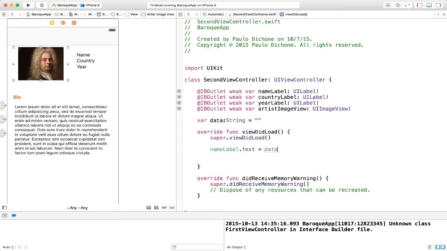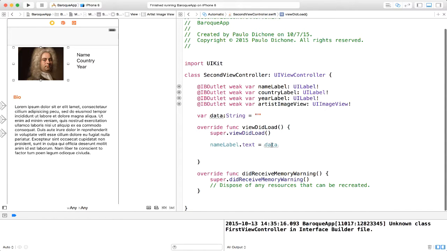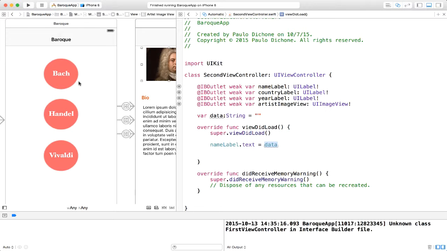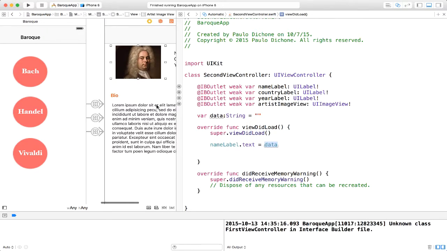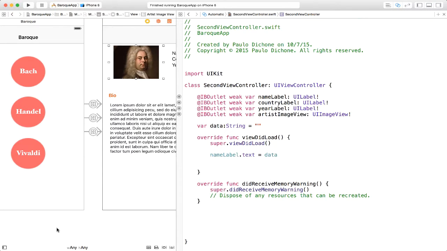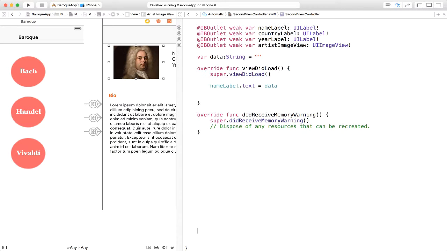So I'm going to go ahead and copy all the information into our code here. We know that our data is bringing in the name of musician we are interested in learning about. In this case, if we click on Bach, naturally we should see Bach's information. That said, we are going to go ahead and create a function here at the bottom. Let's close that down. So we're going to go ahead and give it a little more space.